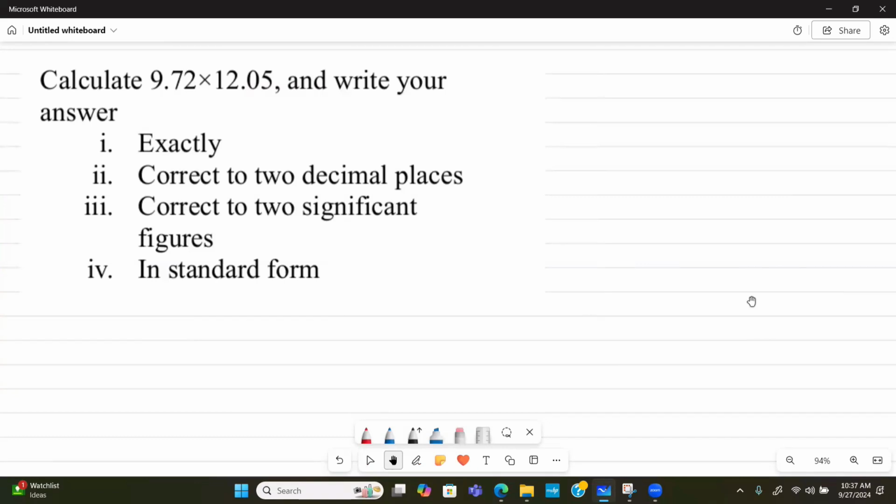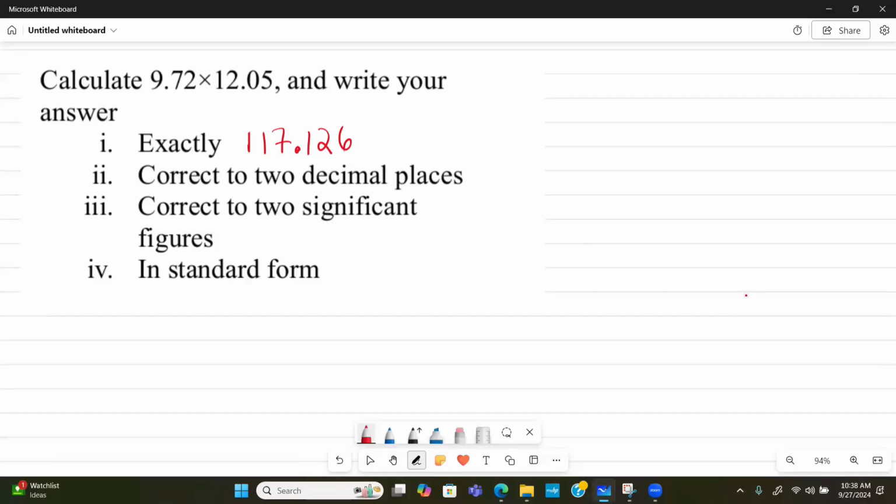All right, so in this question, we were asked to calculate 9.72 times 12.05 and write your answer as follows. So let us do that first. So 9.72 is something that you want to do on your calculator, right? And we're getting as an exact value 117.126. So this is the figure that we want to change to decimal places, significant figures, and we're going to